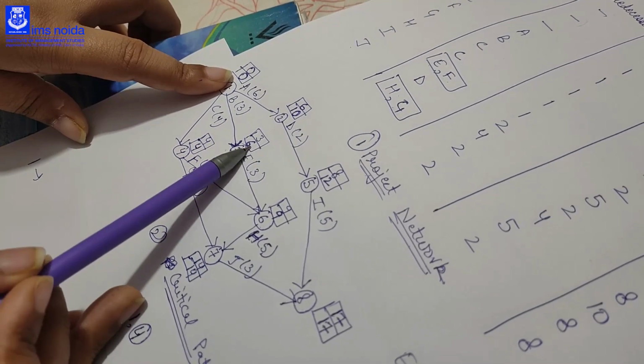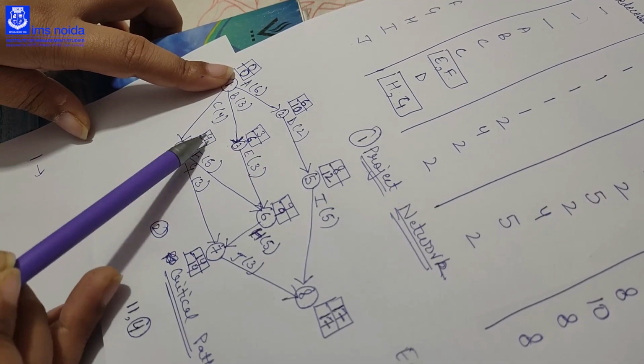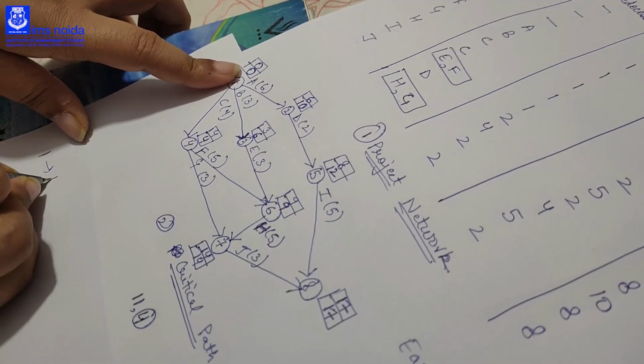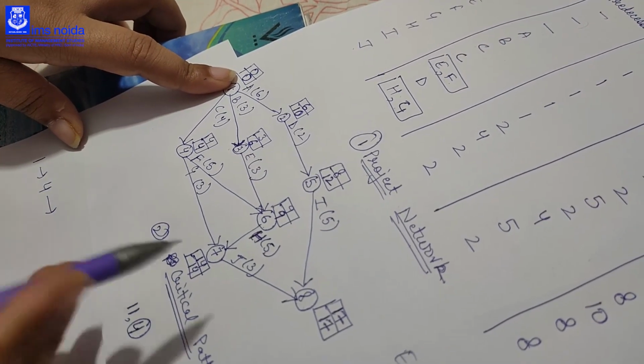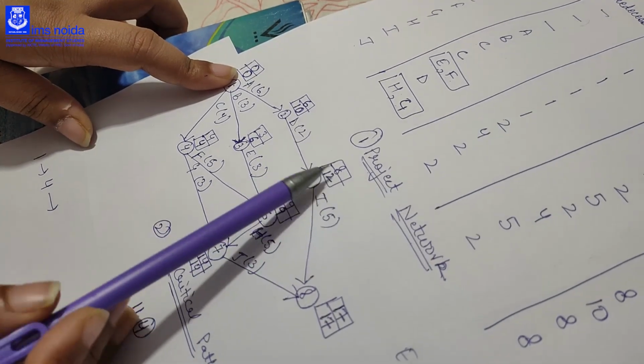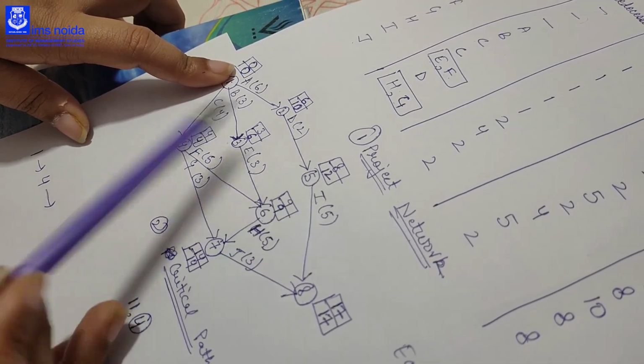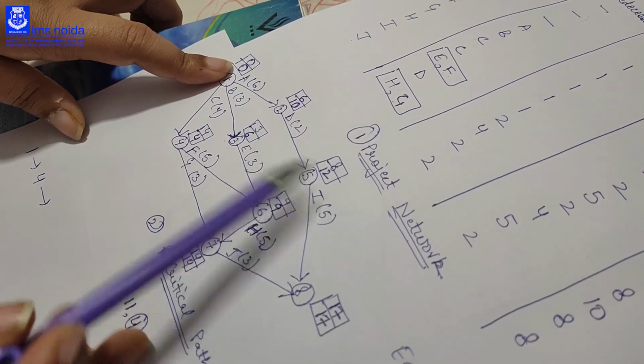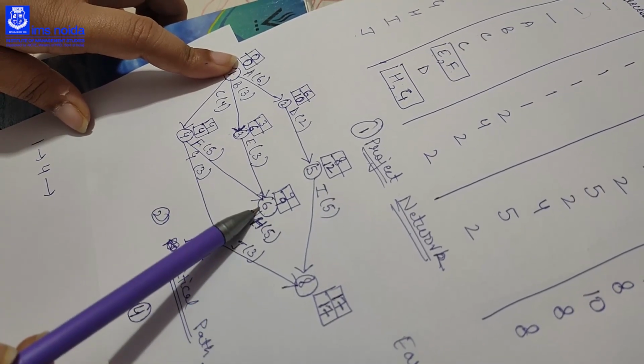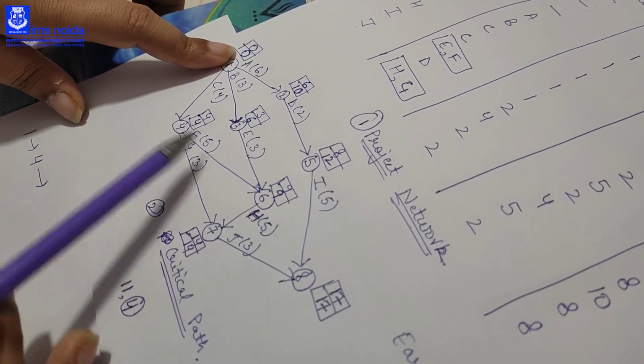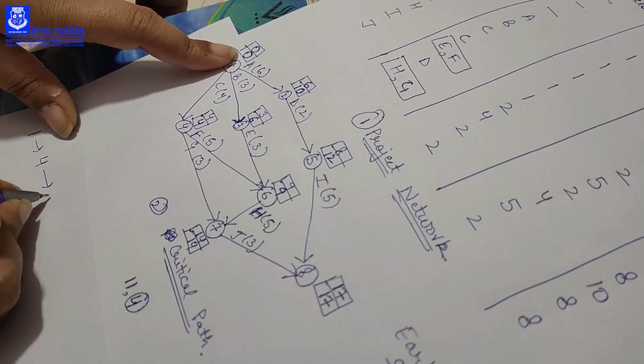Here also LC and ES is not equal, then we will come to the 4. Here LC and ES is equal, so next node is our 4. Then we will come to the 5. LC and ES is not equal, and again 4 is not combining with the 5, so we can't take 5. Then coming to the 6, LC and ES is equal and 4 is joining 6, so our next node is